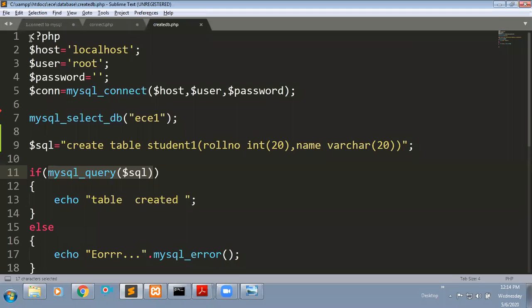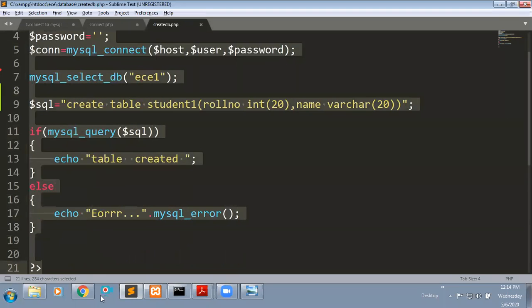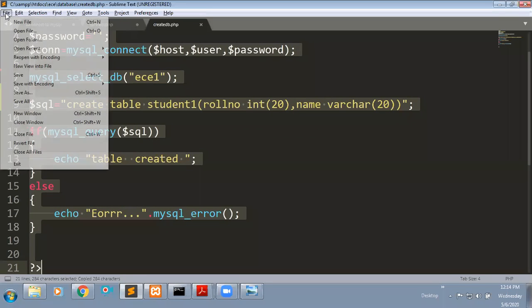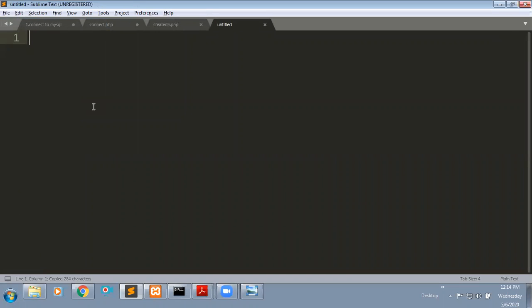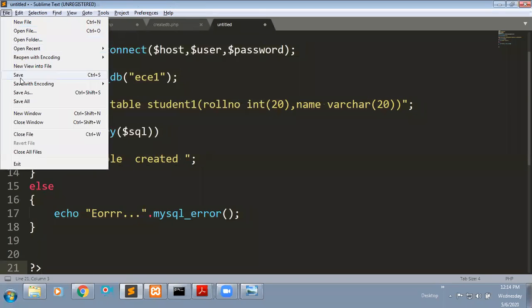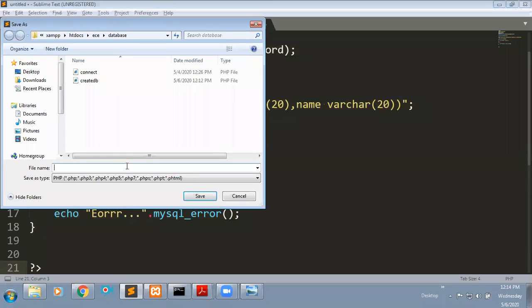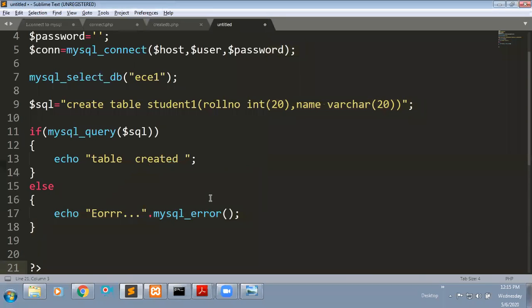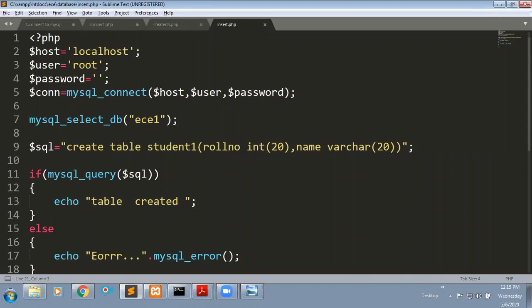Same program, just copying. Taking one new file for insertion, saving this file as insert.php. For insertion I'm taking one more file. I'm going to insert the data.